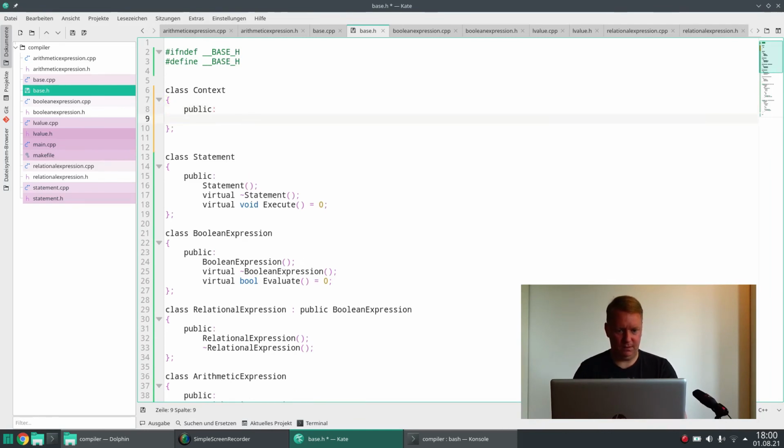This is then not static, so you can have multiple of these contexts and run different scripts on different contexts,